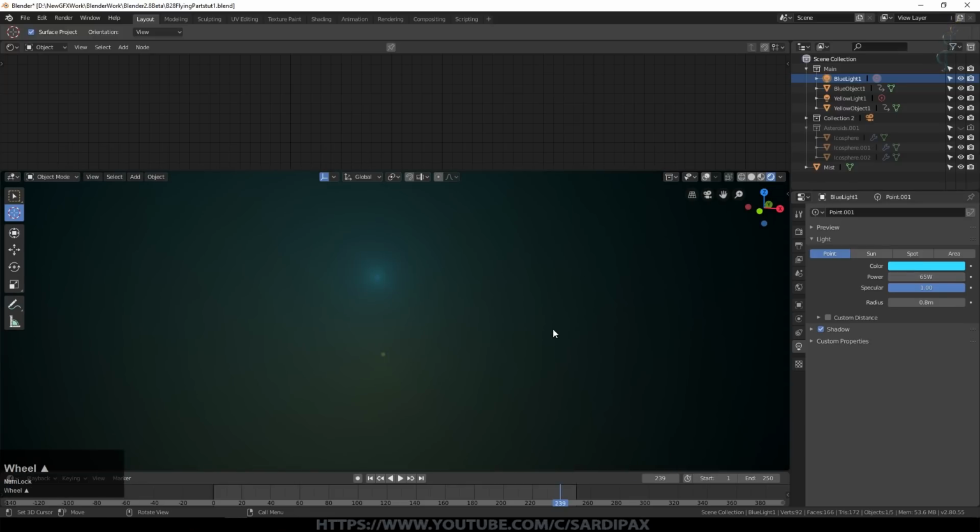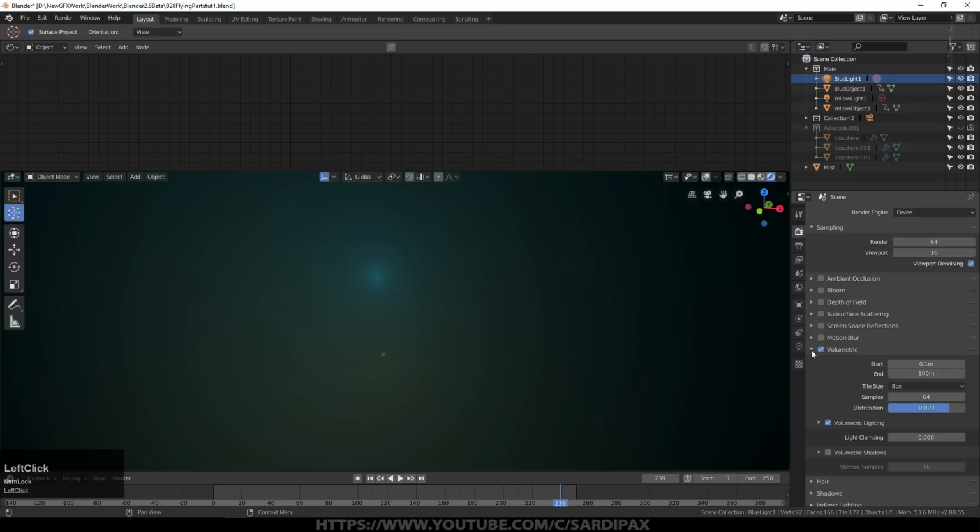So there's a few things we can do with the settings of volumetrics. We come back up to here, click that little arrow. One of the things you need to do is determine the clipping distance. So I put this up to about 550 meters. You can see that's highlighted it a little more. I also decreased the tile size. This obviously slows the render down. It makes it a higher resolution tile, because Eevee seems to render volumetrics with tiles, which is why it manages to do so quite efficiently.